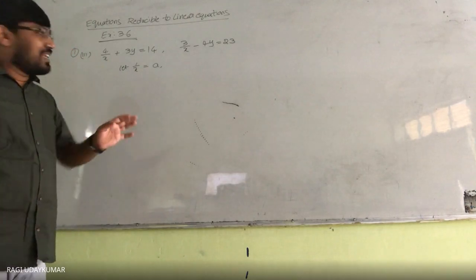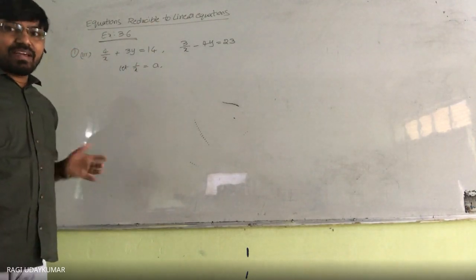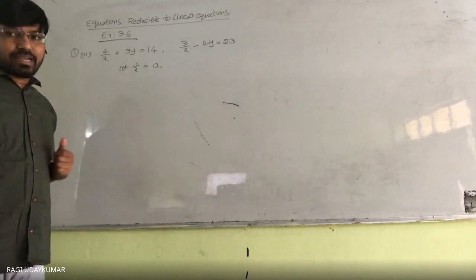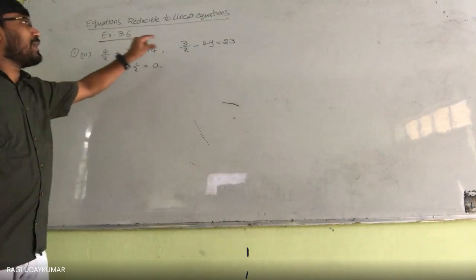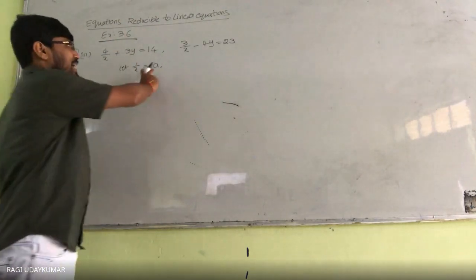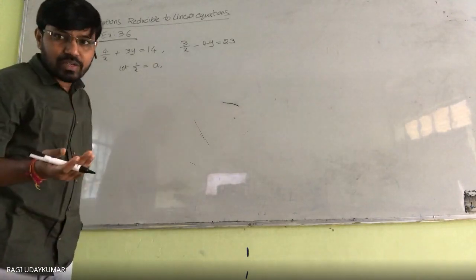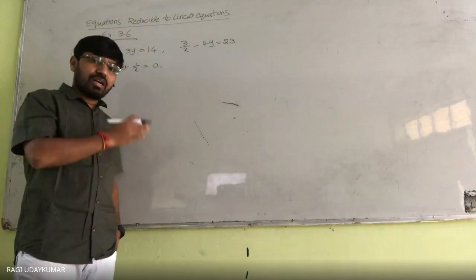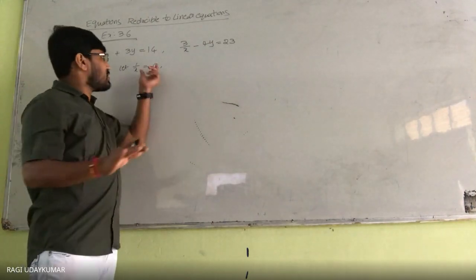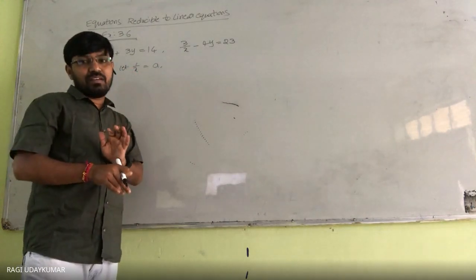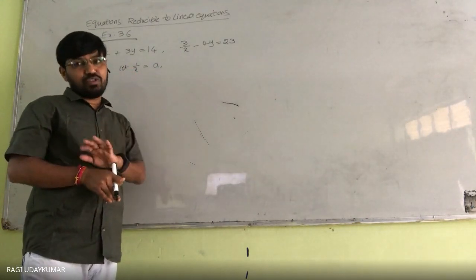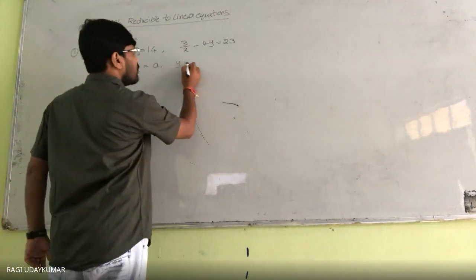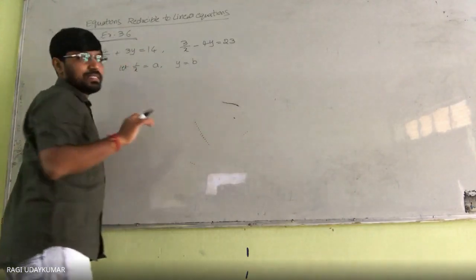And 1 by y, don't consider, because 1 by y is not available here. Y is there. If you want to avoid the confusion, you can take y is equal to b. Replace y with b. Once you consider a, then the equations we are going to get will be in the form of variables a and b. Otherwise, if you continue also, you are going to get the correct answer. Only this one consideration is enough for this problem. Y will directly come, with variables a and y. So that is not necessary to consider, but to see, let y is equal to b. Replace y with b.